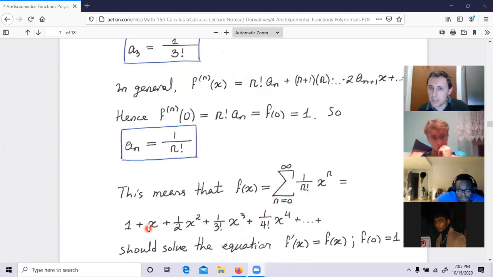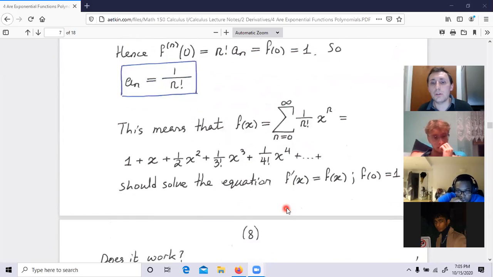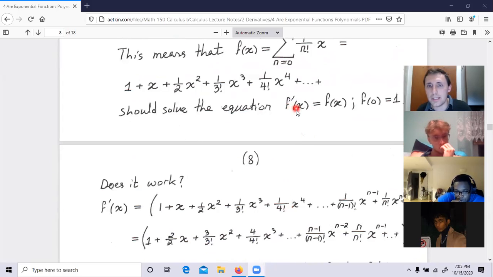N equal to 1, it's this expression. N equal to 2 is this expression. It just goes on. This is my function. And here is what I just showed. First of all, let's see if this function